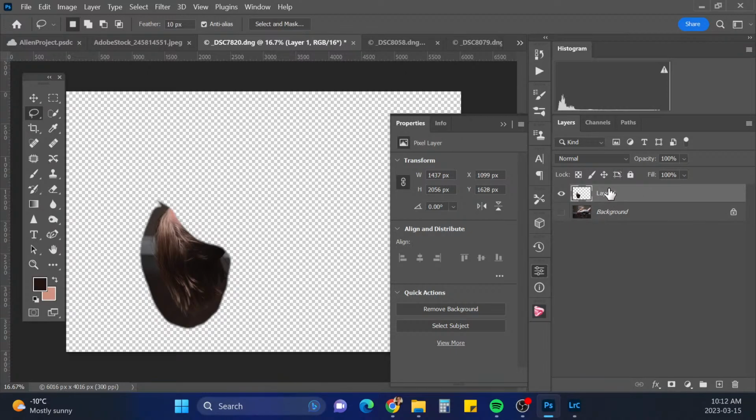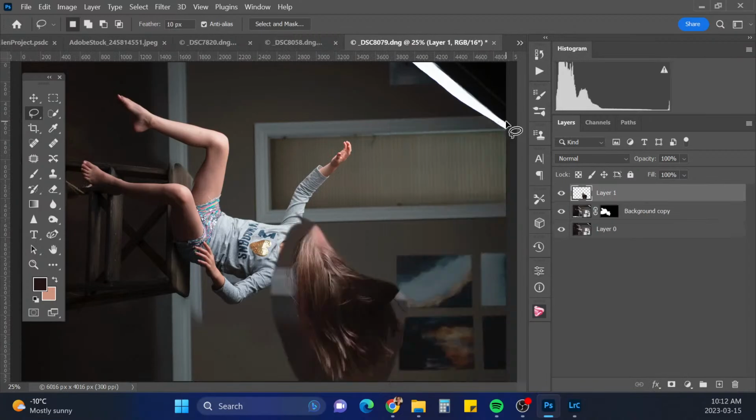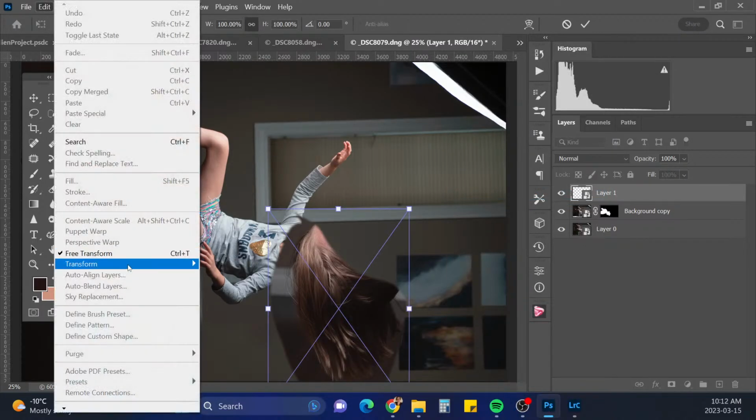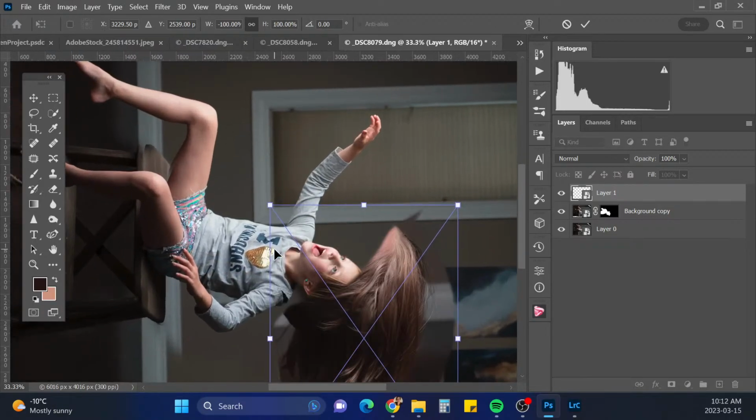All right, well, I'll just drag and drop this one in. And Control T. We're going to actually convert it to a smart object first, then hit Control T, and we have to flip it. Okay.